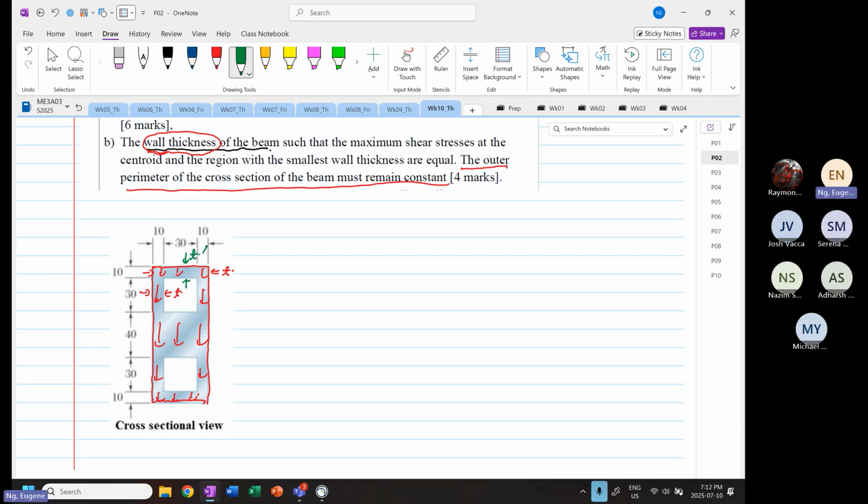And the answer is no. Why? Because for thin wall analysis,